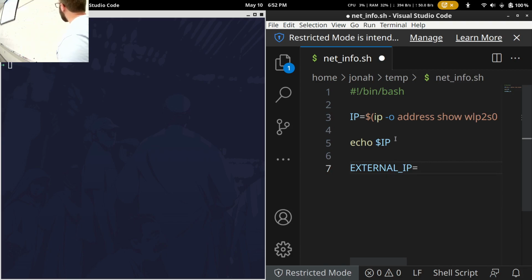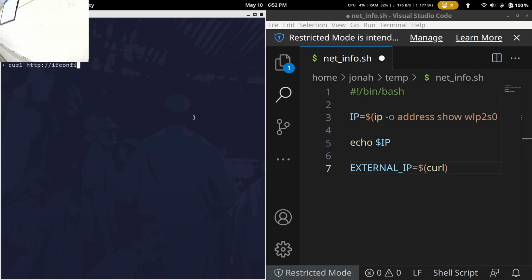So if this guy wants to talk to this guy, it says, hey, I want to talk to you. But in reality, it's talking to this guy, and this guy will kind of be the mediator between them. So, our local computers don't actually store our external IP. In order to do that, the way we could do it is, let's see, what I like to do is use the curl command.